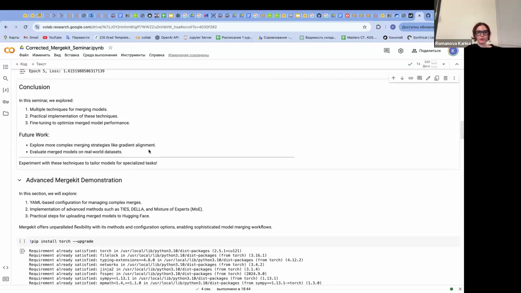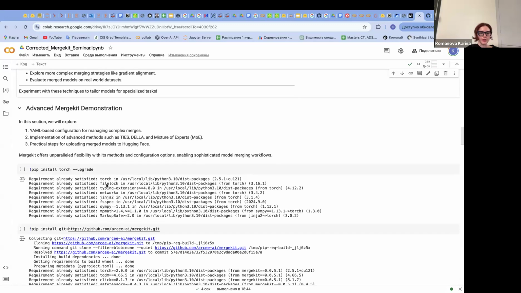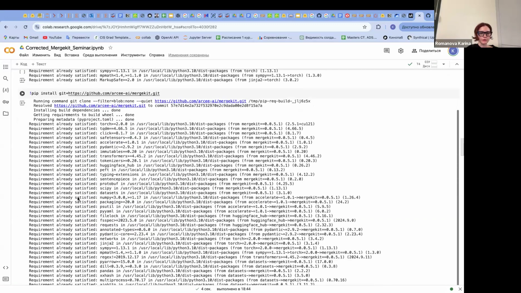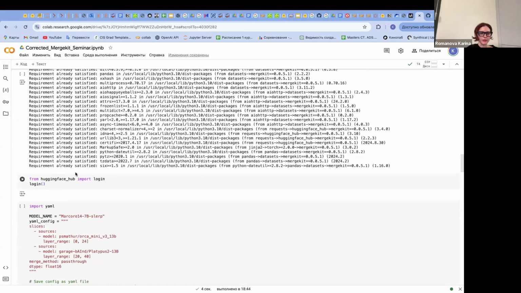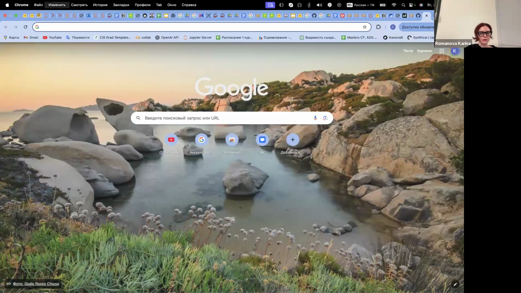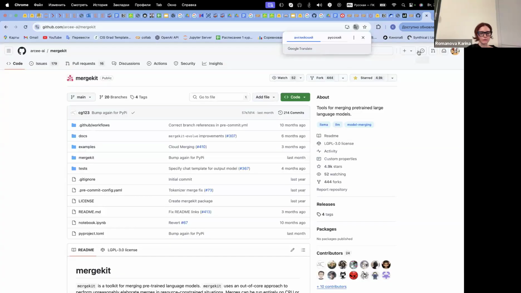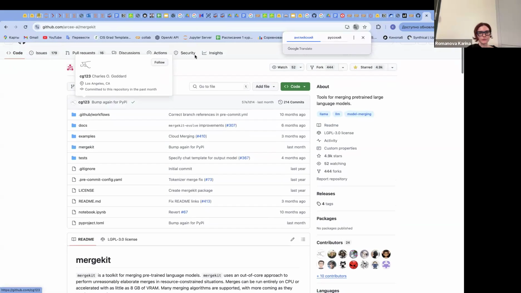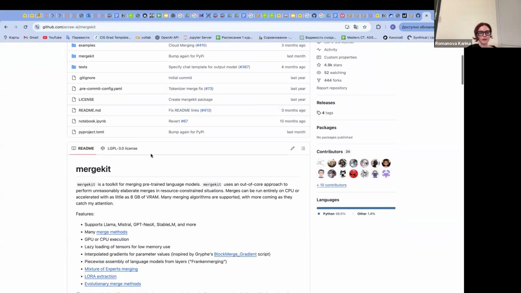Okay. So let's move to the MergeKit library. Yeah, I have here code for the MergeKit library, and right now I want to show you what it is and how we can use it. So it's just a repository with which we can